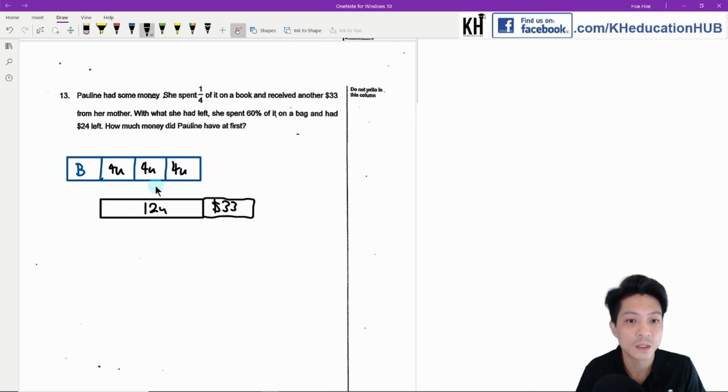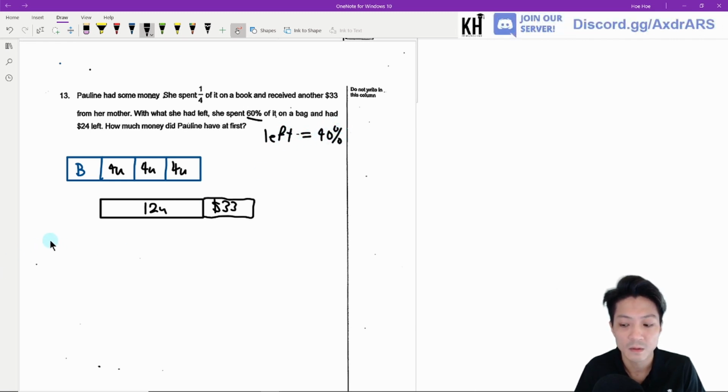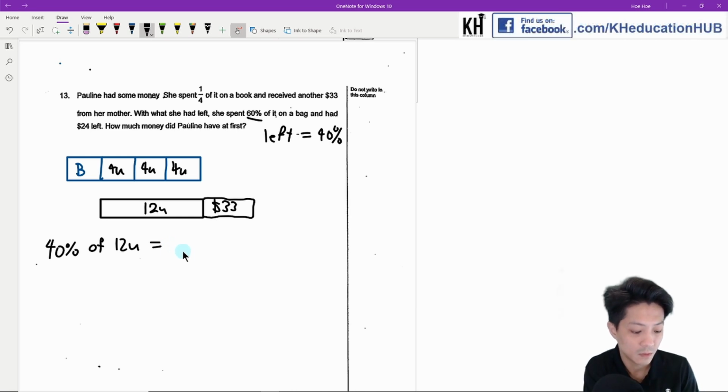Okay, so she spent 60%, so what is left is equal to 40%, right? Okay, so 40% of 12 units is equal to 4.8 units,